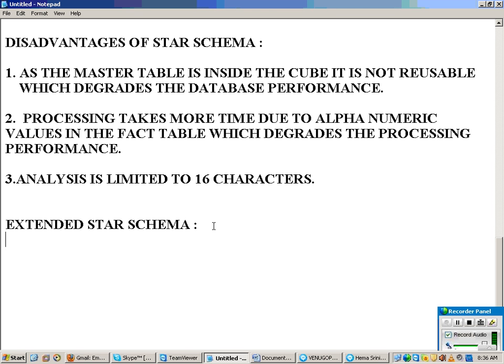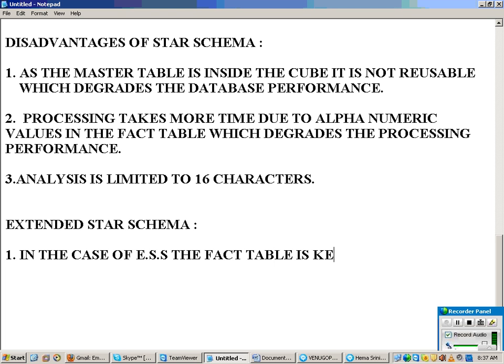Now extended star schema. I am telling you 3 points. The fact table is kept inside the cube, whereas the master table is kept outside the cube.